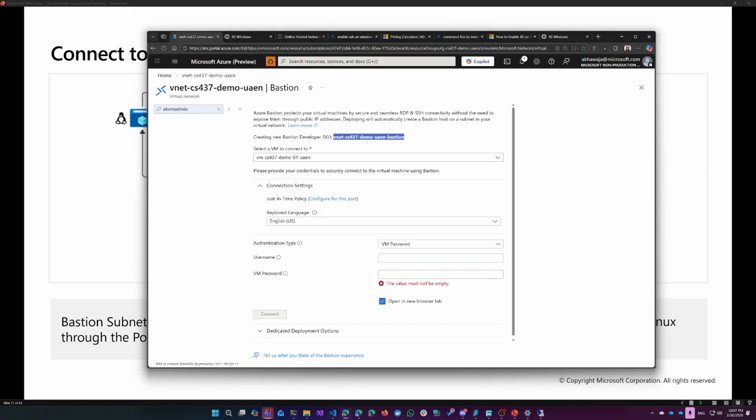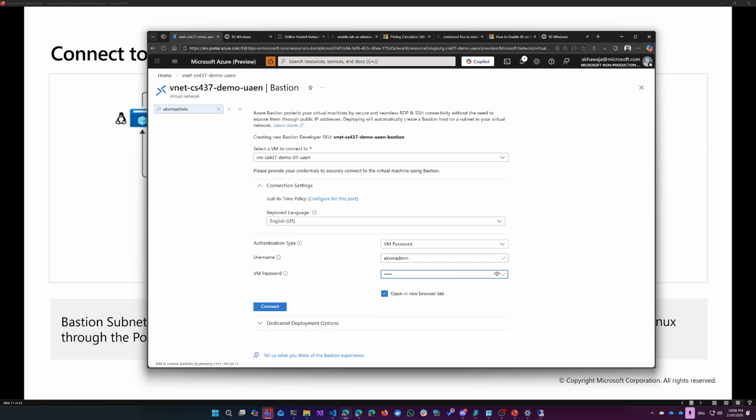So वो कह रहे हैं मैं खुद बना दूंगा आपको, and do this one. And what we'll do is I'll provide the password, okay. And authentication is username is akvm admin. I'll provide the password. It takes a little bit of time, okay, to do this. And I can say connect. यहाँ पे